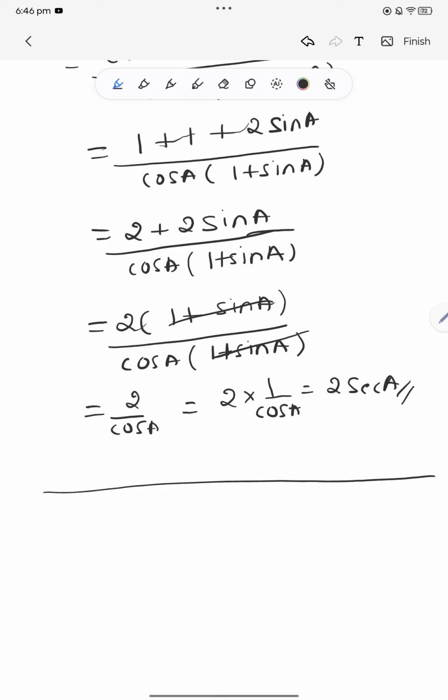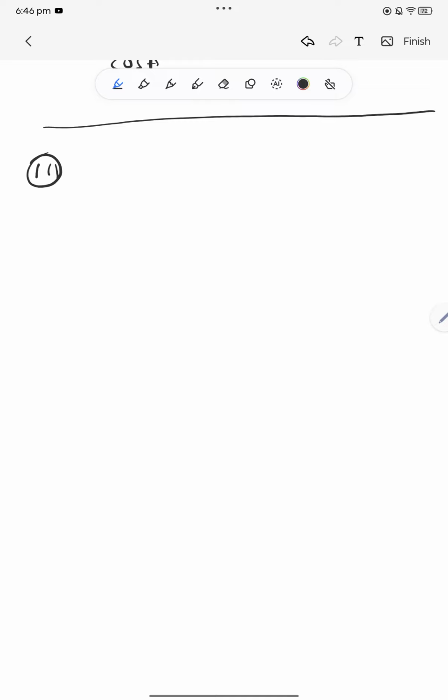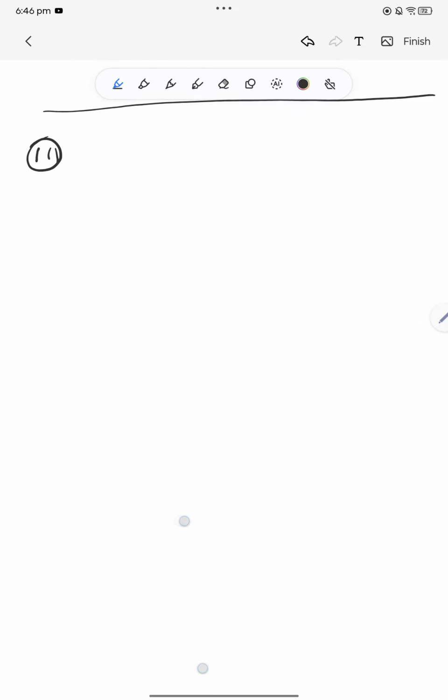Now we will go for second question. So third question. This one is a lengthy question. For this they gave a hint also. Third one,